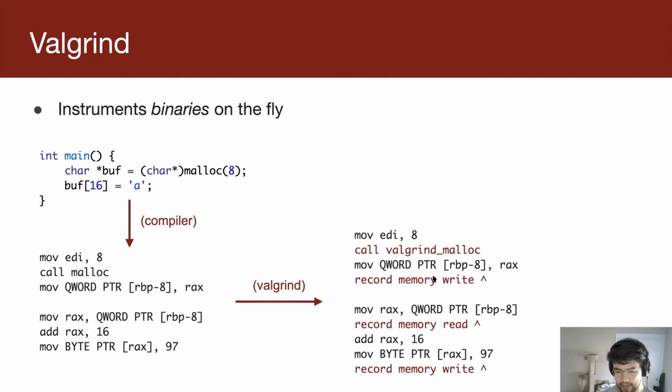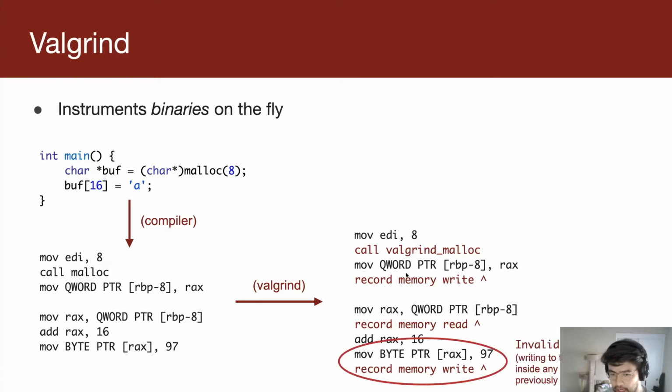It goes through all of this, and then we get to this last one here. And it says, hey, invalid write of size 4. I observed all of the memory allocations that you made in the heap. I kept track of everything that you allocated. I see you writing to an address here that is inside of the heap, but it's not inside of any heap allocation that we made. That's not legit. That's probably out of bounds of some access that you made. And so it gives you this cryptic error message, hey, invalid write of size 4.